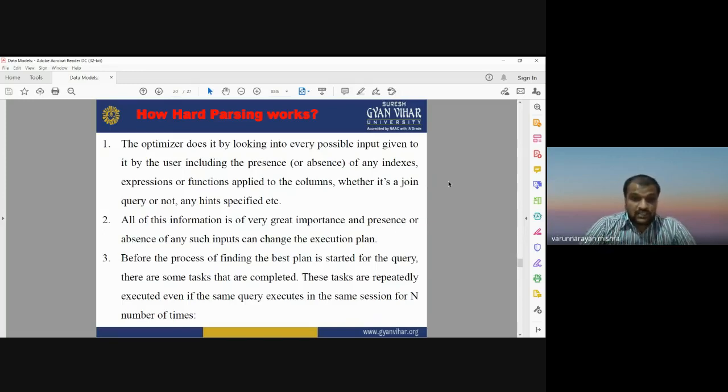And if the same query is executed in the same expression, then you can apply it for n number of times, because parsing looks for the most optimal, most suitable result. If we are not finding the most suitable result by running the query, by running different functions and expressions, then you need to run it n number of times. So that is hard parsing. In this way, hard parsing can work. It can be done using these three steps.